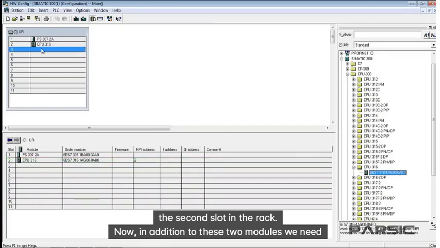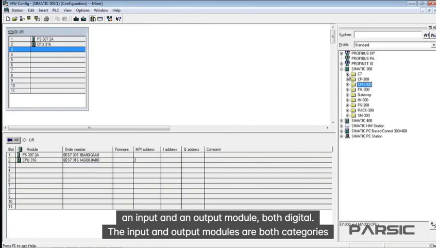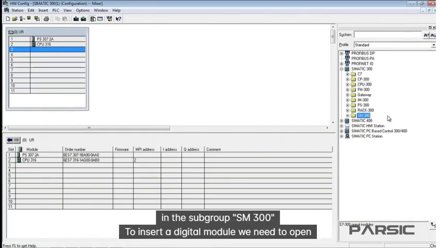Now, in addition to these two modules, we need an input and an output module, both digital. The input and output modules are both categories in the subgroup SM300. To insert a digital